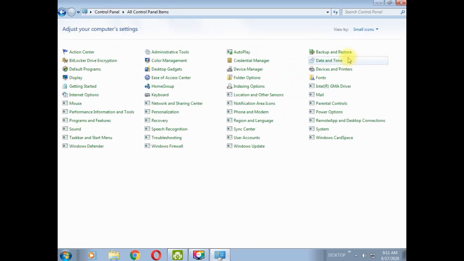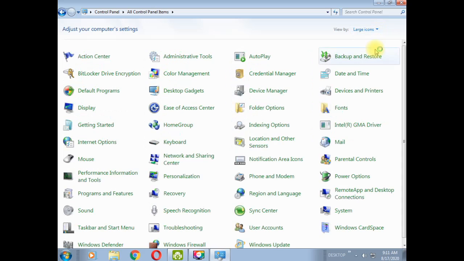If you click on small icons, then as you can see there is a change on your screen. Icon size has been reduced. Once again we are clicking on this down arrow. Now we are selecting large icons.